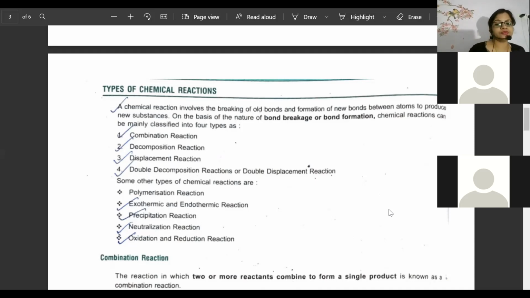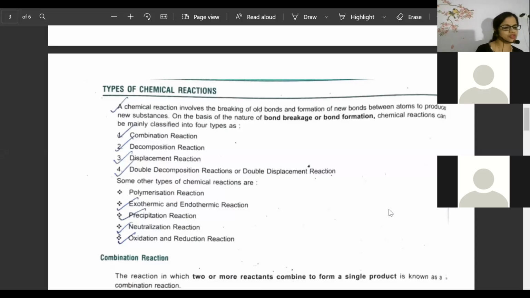Now, the next important types of chemical reactions are exothermic, endothermic, precipitation, neutralization, oxidation, and reduction reactions. In that, beta, we have already discussed exothermic reaction, and then we discussed precipitation reaction. In precipitation reaction, we discussed black, white, and yellow PPT. Then in neutralization reaction, we have studied how acid and base react. Yes, beta, very good, Janani. Black, white, yellow, 3 PPTs are there.